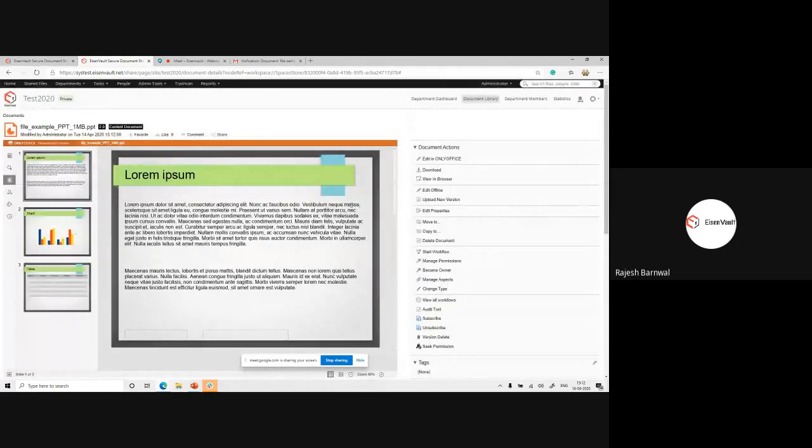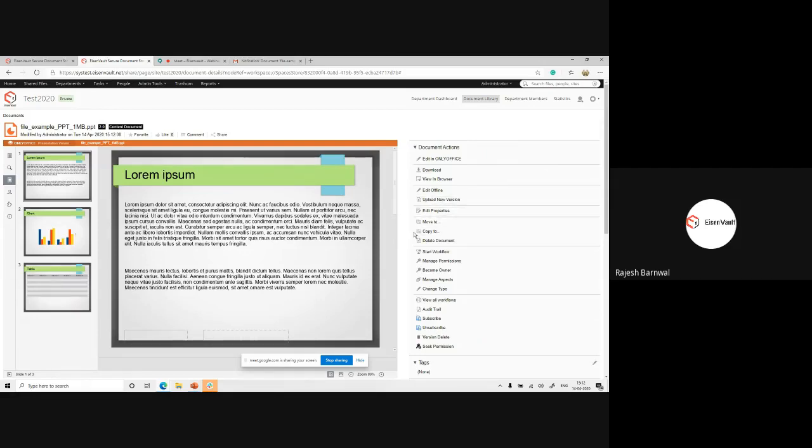The next is expiry date. Suppose this is a legal document, and you have so many documents that have expiry dates and you don't remember them. You can set an expiry date on the document and you will get notifications at intervals of 60 days, 30 days, 15 days, 7 days, 2 days, and 1 day.